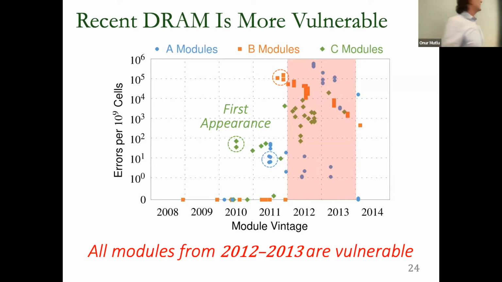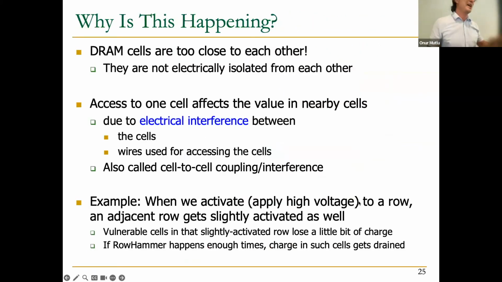Yeah, so this is also a scaling trend because the chips that we tested that were manufactured before 2010 were not, at least we were not able to induce bit flips, RowHammer read disturbance bit flips like this. But the chips that were manufactured in 2010, where we showed the first appearance of these bit flips, and all the chips that were manufactured between 2012 and 2013 were vulnerable. I should also say that this is not the best way of inducing bit flips. I'm going to talk a little bit more about a better way of inducing bit flips. So there might be bit flips in later generations that we weren't able to discover over here, for example. So you may actually find that anomaly.